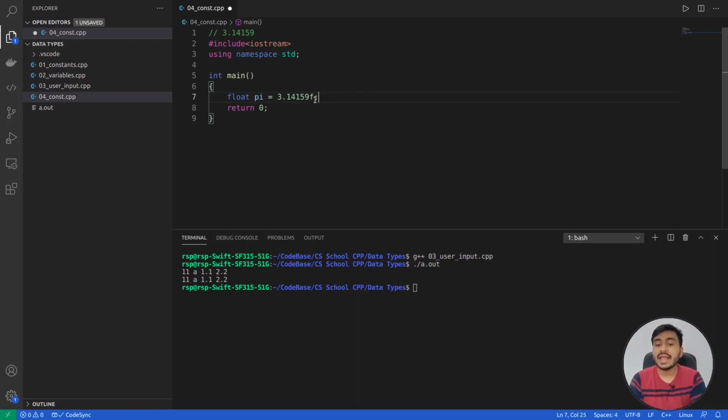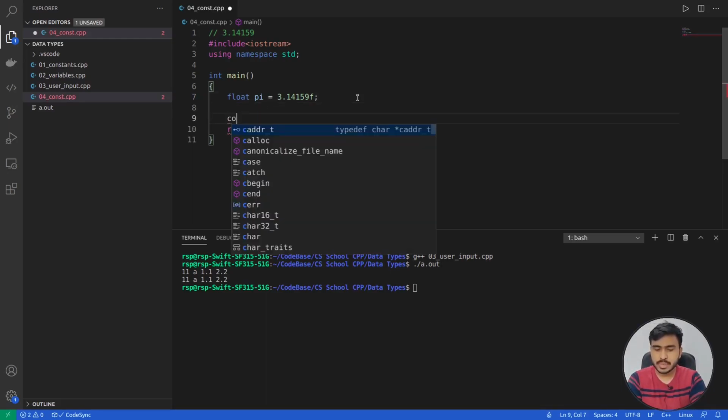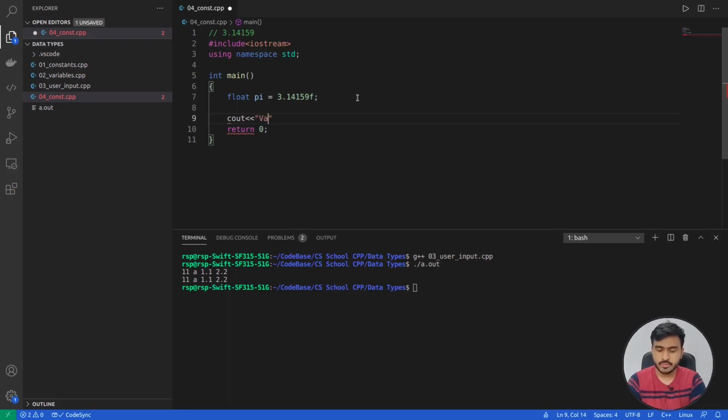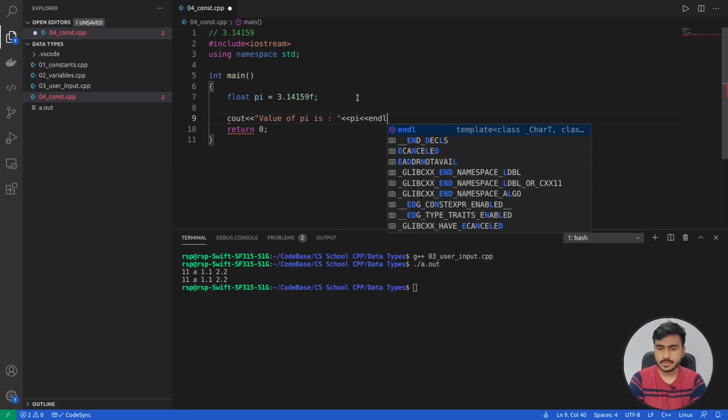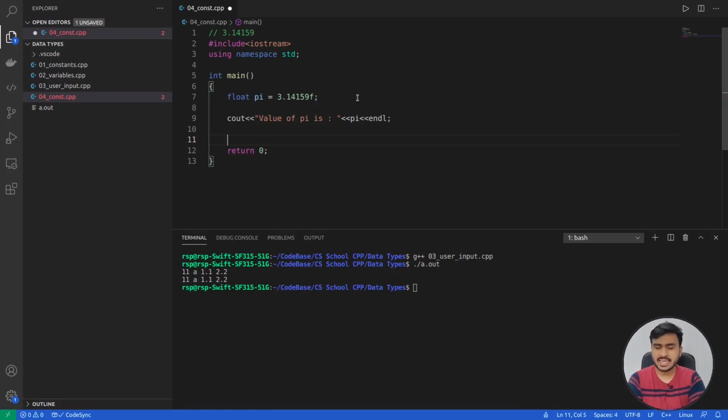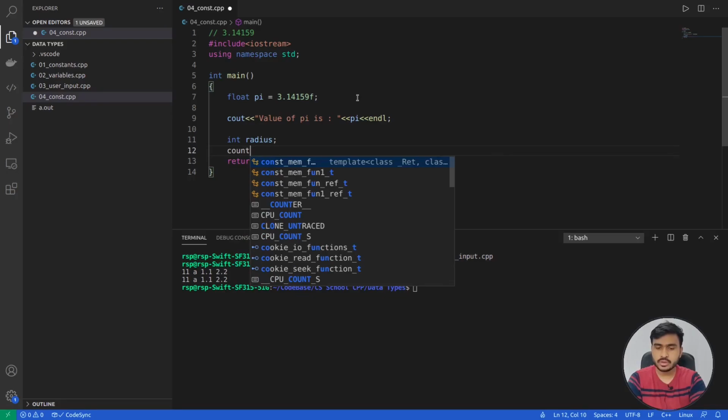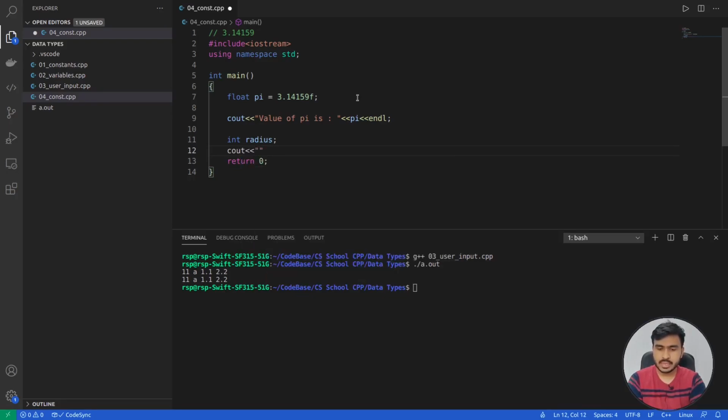Now once we have a value in our variable, which is pi, maybe I'll perform some operations on this variable. Maybe I'll just print the value of pi. So I'll write cout, value of pi is, and then pi followed by endl. Now let's say I'll create one variable, radius, and let's take the value of this radius from the user. So I'll write cout for the user, please enter